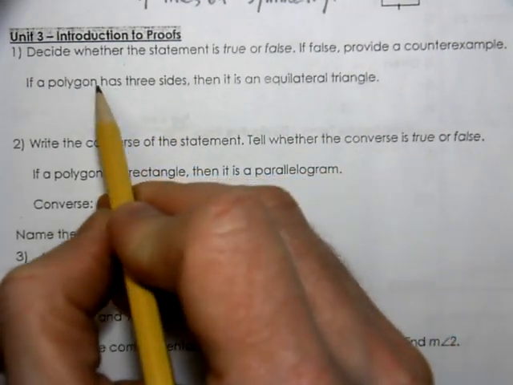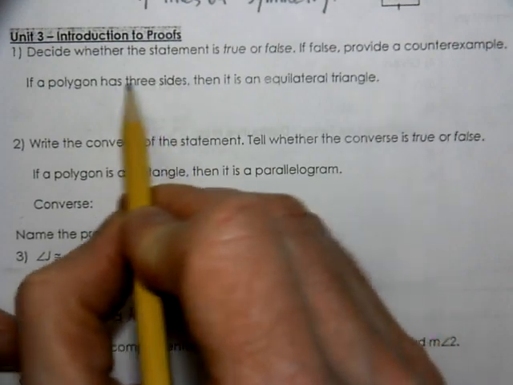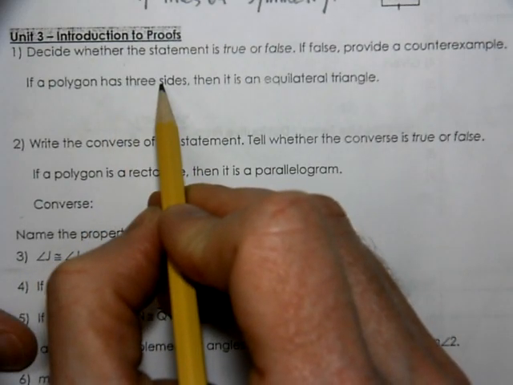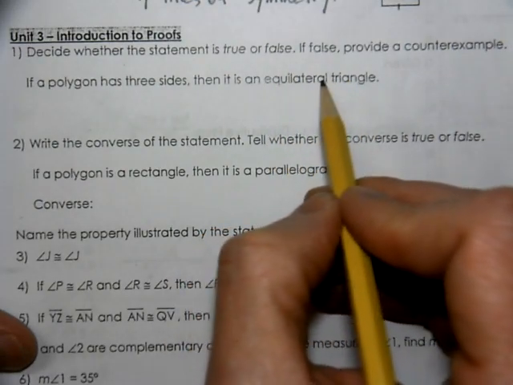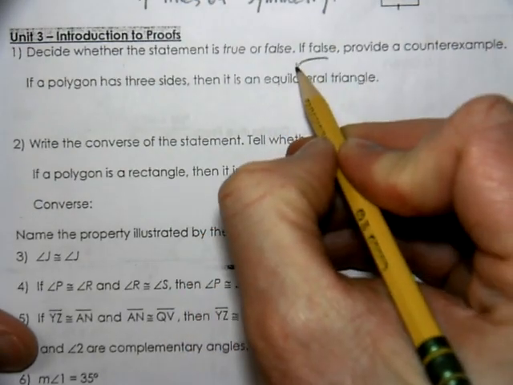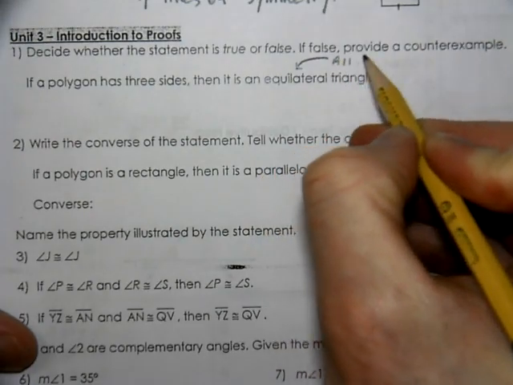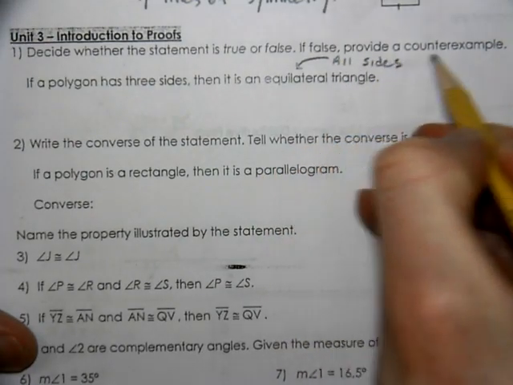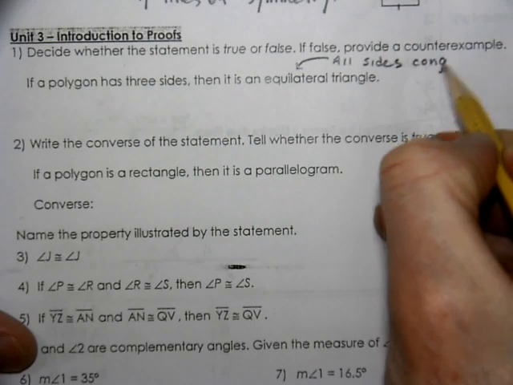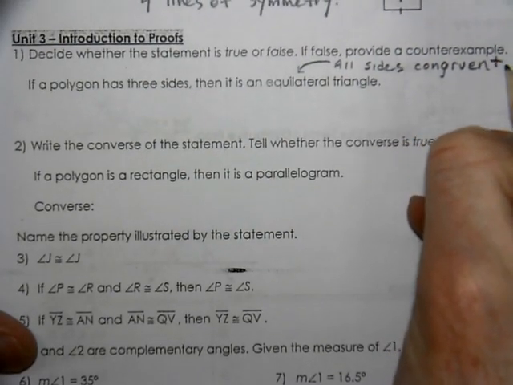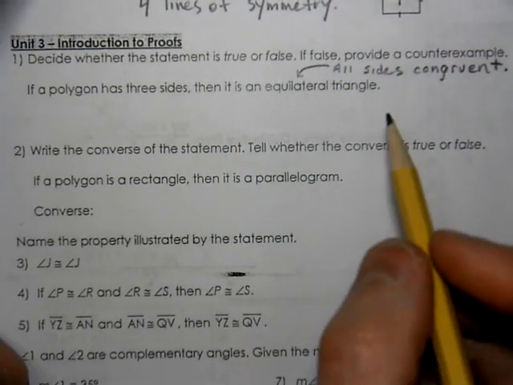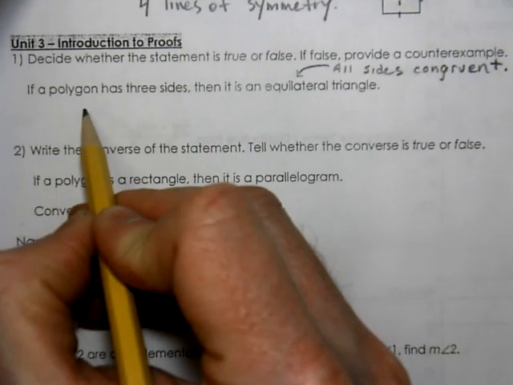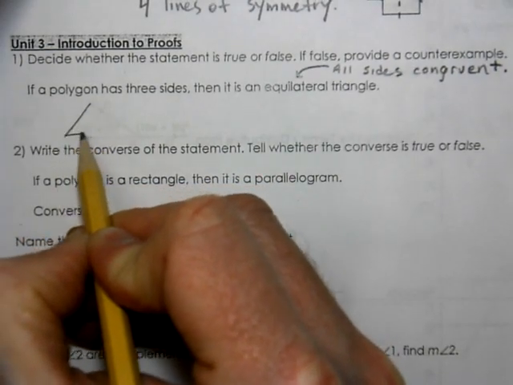So the question is, does every polygon that has 3 sides require it to be an equilateral triangle? Equilateral means all sides congruent. You need to know your vocabulary. So equilateral, all sides congruent. So I can draw a picture